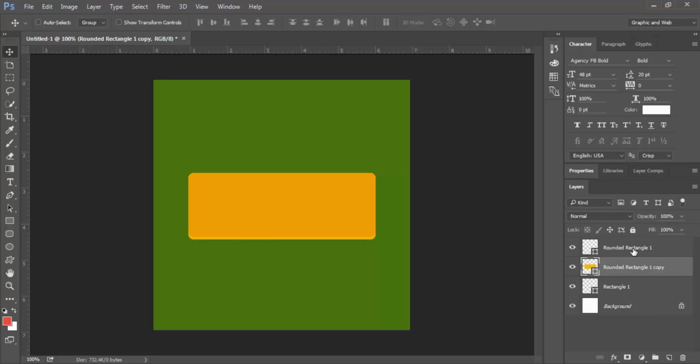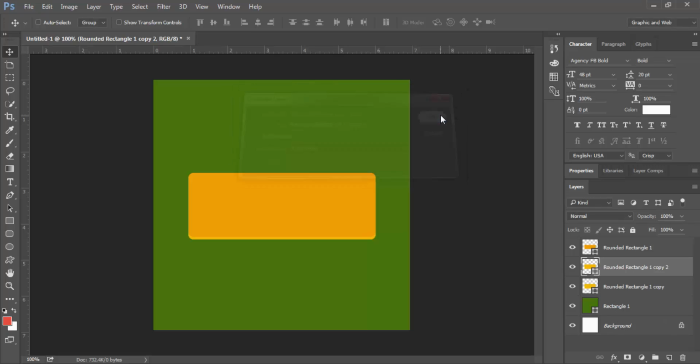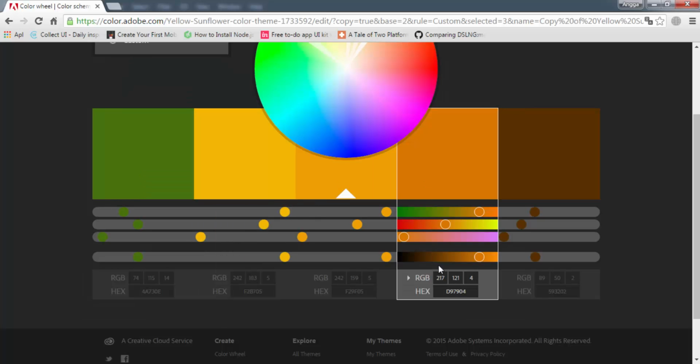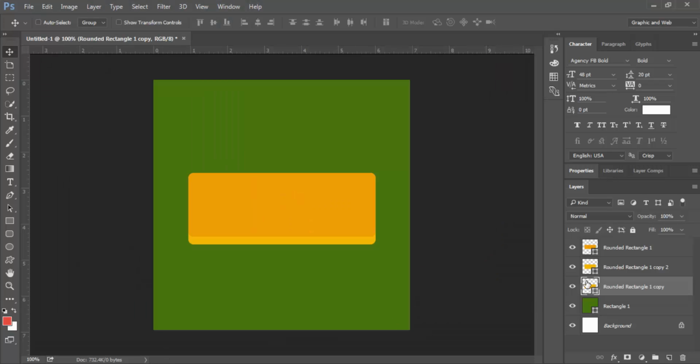Now duplicate the layer again, and change the color to be dark. Copy.